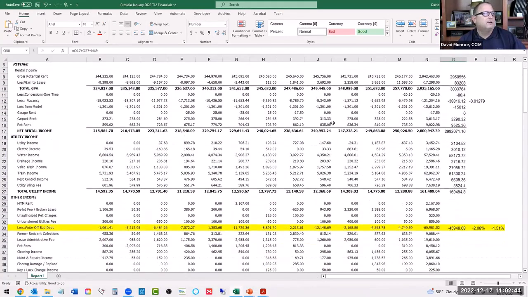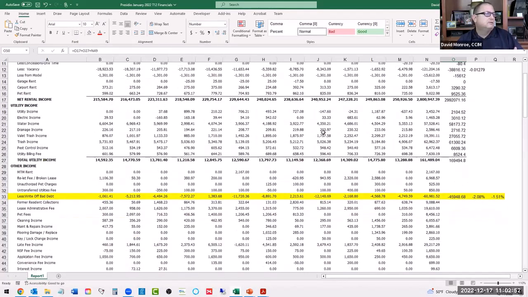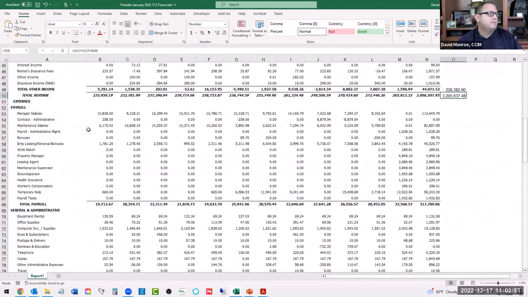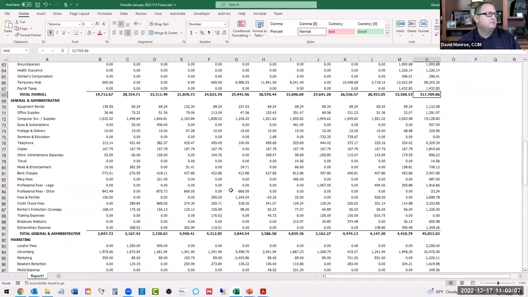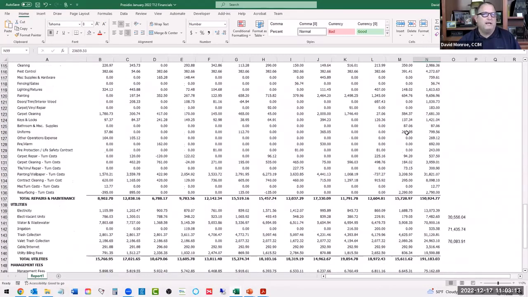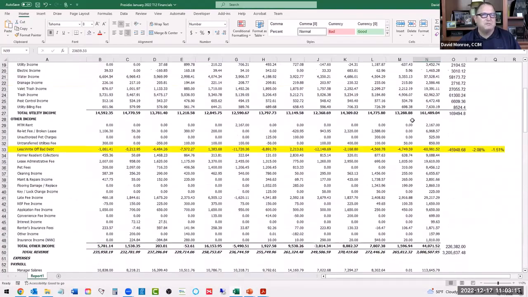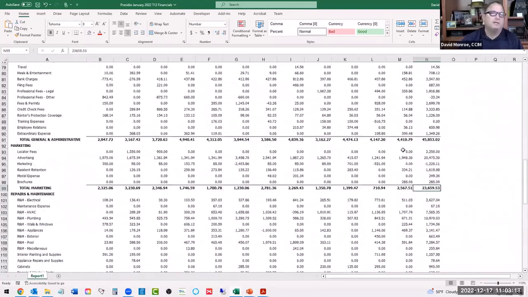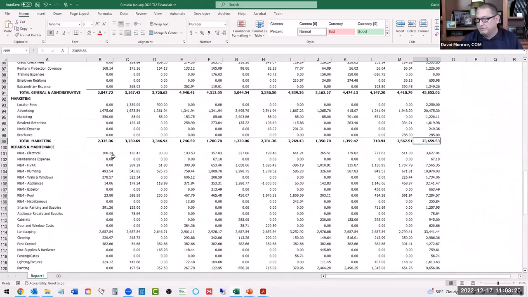So really all we're doing, what I like to do is I like to just take the high level information. So if we look here, once we get past other income, we have payroll. So I'll just take total payroll and put it on the model. I'll just take G&A, general and administrative, and put that on the financial model. Marketing. So just the total. So we don't end up with all these line items on your financial model. You only put in the ones that are categorized. We talked about that a minute ago,